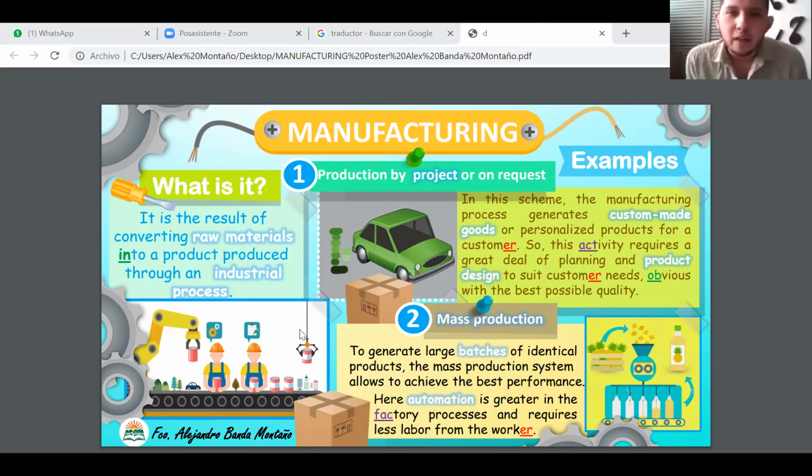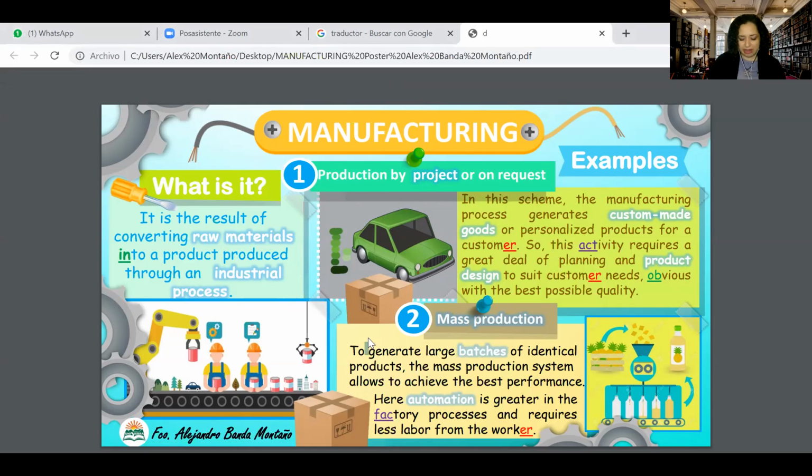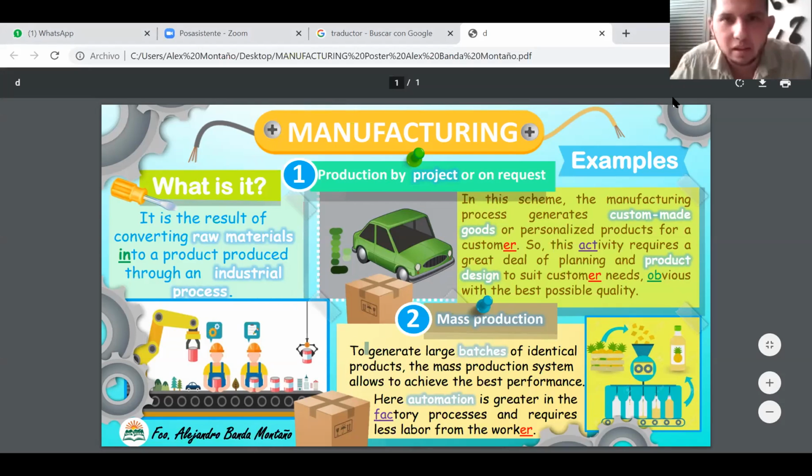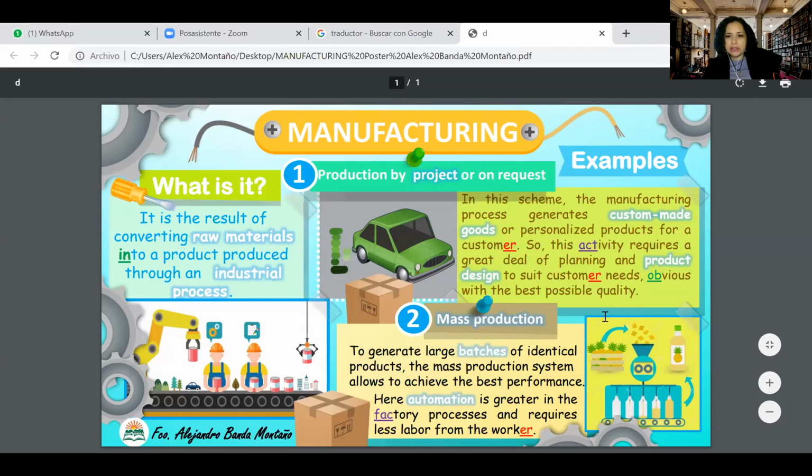Example, number one, production by project or rescues. Es que no me deja ver. Don't use Spanish, please. Okay, okay. One moment, please. Teacher, I have a problem. You can see it, but we can see it. It says,